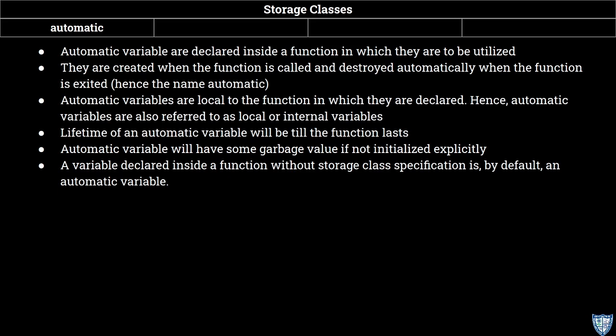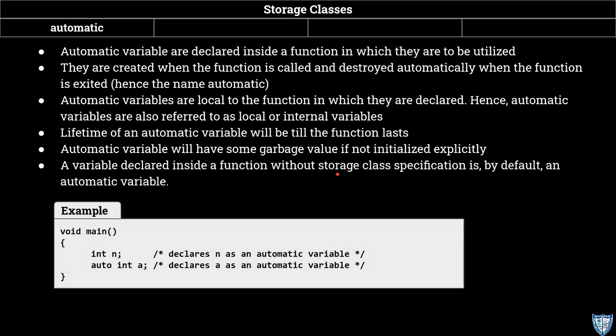You don't have to say anything. Any variable declared inside a function without storage class specification is by default an automatic variable. So that means all the variables we have used up to now are automatic variables. You don't have to mention any other keywords before the variable. For example,